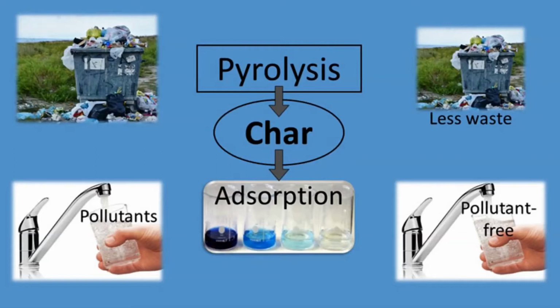To use char to remove contaminants from water, it usually goes through a secondary process called activation, where it's transformed into activated carbon. This process exposes the material to high temperature and an activating agent, which is usually steam or CO2. Activated carbon production is a very time and resource consuming process, and so my research aims to produce a solid